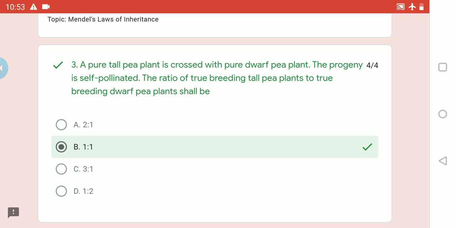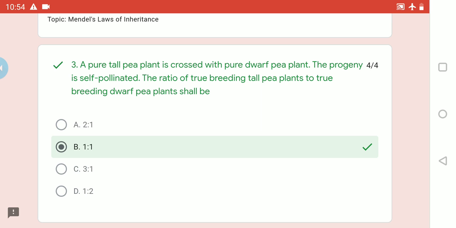So what is this phenomenon? Yes, that is nothing but a back cross, or we can also say it's a test cross. Exactly, a test cross. And you know very well the definition of the test cross: it is a cross made between F1 hybrids and its double recessive parent to confirm whether the F1 or F2 hybrid is homozygous or heterozygous.